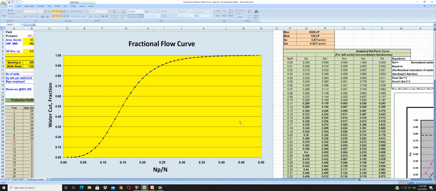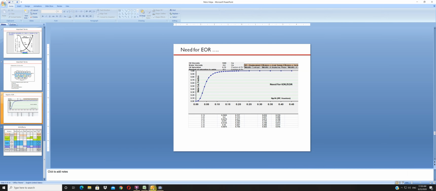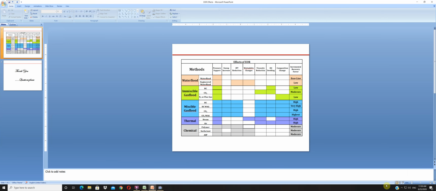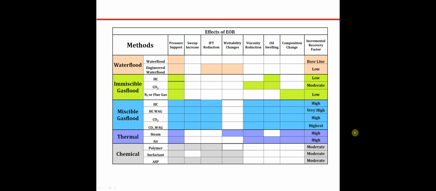Now I'd like to show you in a nutshell what these EOR processes actually do. So there we are. In fact, this is what I want to show you. The water flood is the baseline. Everything needs to be compared with water flood. The engineered water flood, we call it the smart water flood or the low sal water flood, which are very specific in nature. Sometimes in very high salinity reservoirs, they are one of the good options, but the